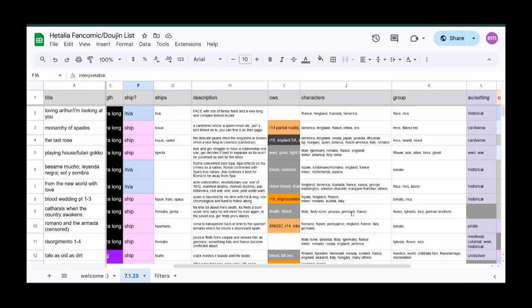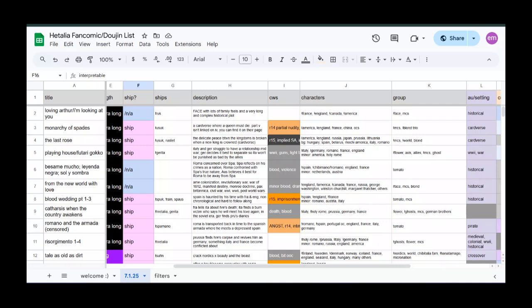It'll also sometimes say minor role or BG for background, as in just a background character. In general, I think they're listed sort of in order of importance, but in some cases they share equal importance, so not always. Same thing for ships. And so another thing you can do if you want to look for content that's exclusively something,